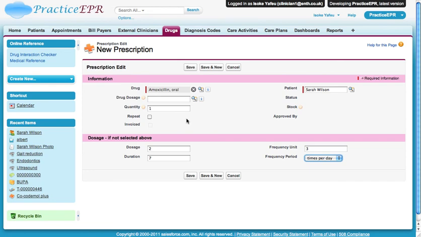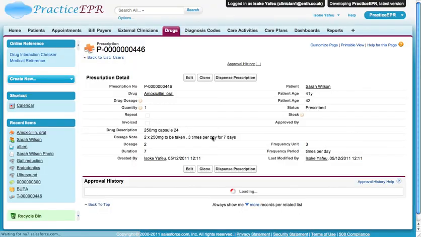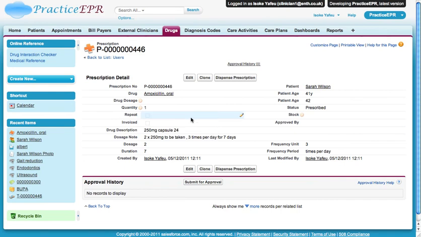So I might be capturing here a prescription that Sarah's already on from a previous surgery, or I might be prescribing something immediately based on some information. Normally this would be related to an episode of care. Okay. If that drug was a controlled drug, the status of it would be changed to awaiting approval. And then I could submit that drug for approval, and my pharmacist or senior clinician would be the person to approve that drug. In this case, the drug amoxicillin is not controlled and therefore does not need approval before it can